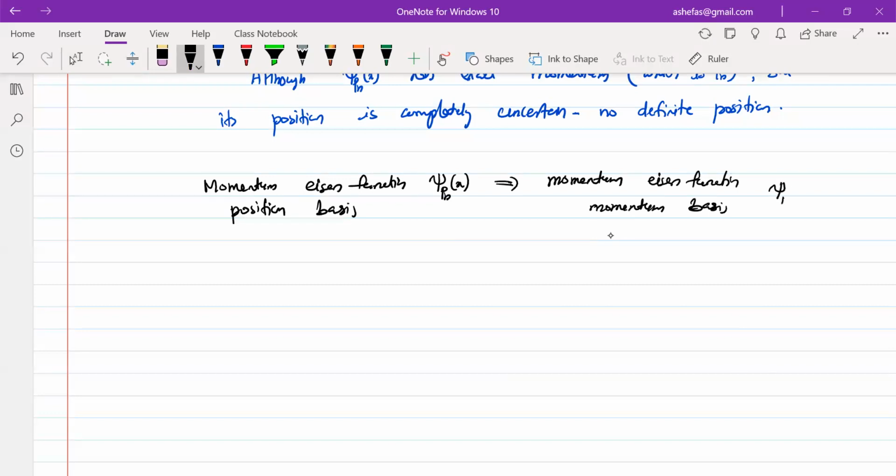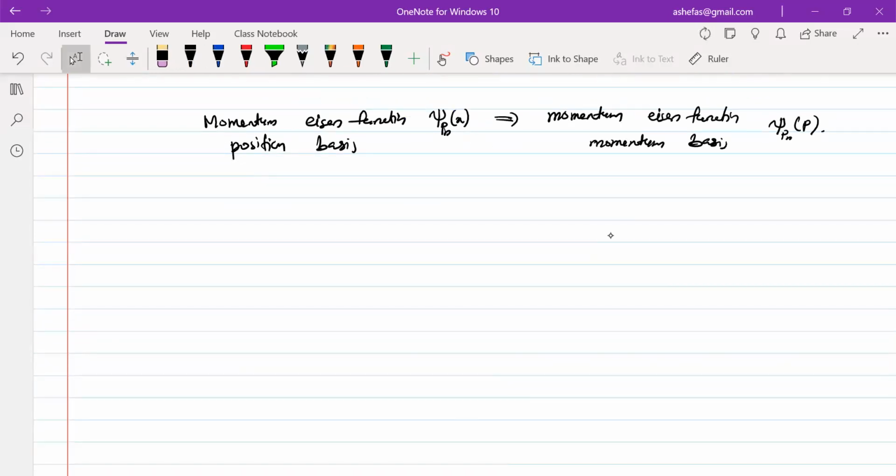So we have to convert into psi Pn of p. We already know the conversion from the position basis to the momentum basis. The momentum basis wave function we can write as 1 by (2 pi h cross) all raised to 3 by 2, the position wave function times e raised to i px by h cross dx. So this is a very simple representation, the simple conversion from the position basis to the momentum basis. It is just through the Fourier transformation.